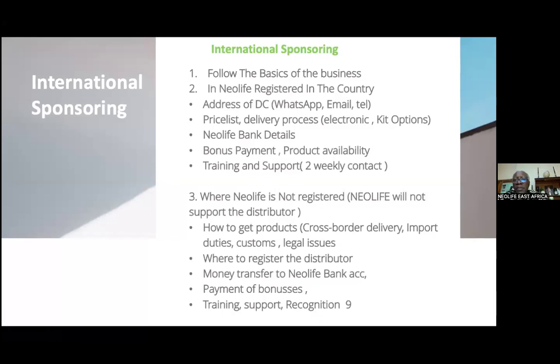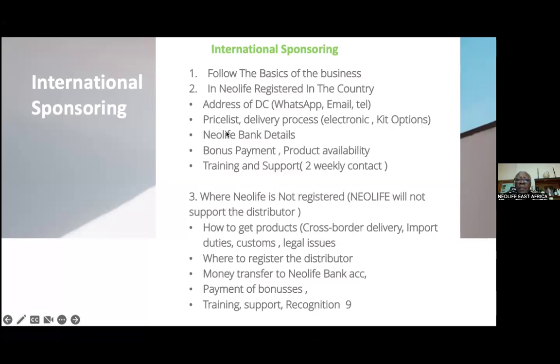For example, in South Africa, we have 3 major hubs, one in Johannesburg, one in Durban, and another one in Cape Town. You need to know where this information is as a distributor. The next thing you need is the price list of the country, because the person in the country where Neolife is needs to know the price of the products.